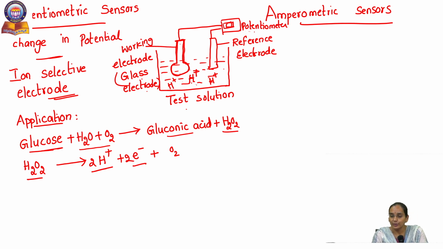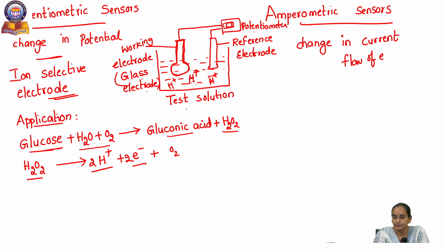Now coming to amperometric sensors, we already said that it measures the change in current. What is current? Flow of electrons is current. If it measures the flow of current in the solution, it is an amperometric sensor. Now coming to the application,